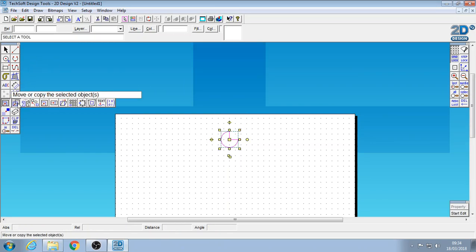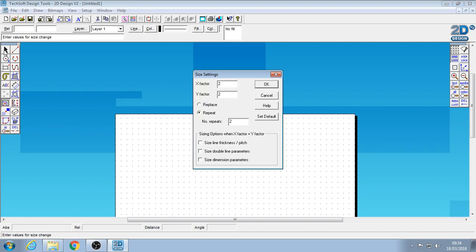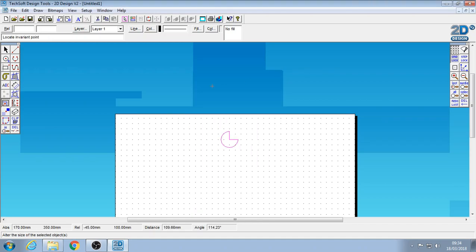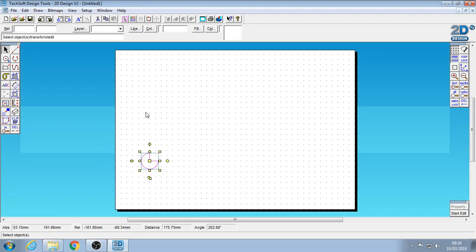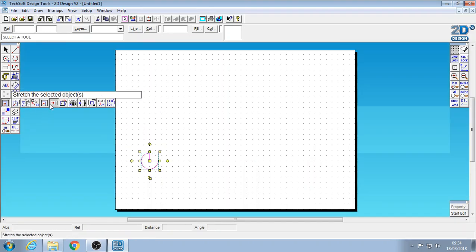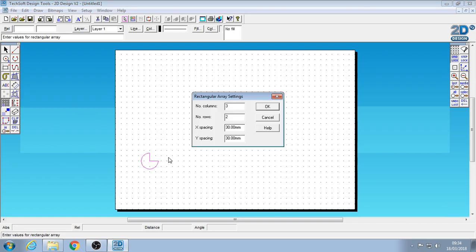The second tool for this one is going to be a rectangular array. Now before I do this one, I'm going to just move my object, grab hold of the middle, move my object down here, because when we click on this tool, the rectangular array, it will move it in an upwards and right hand direction. So it's going to make a very even pattern, and I'm going to want 4 in one direction and 3